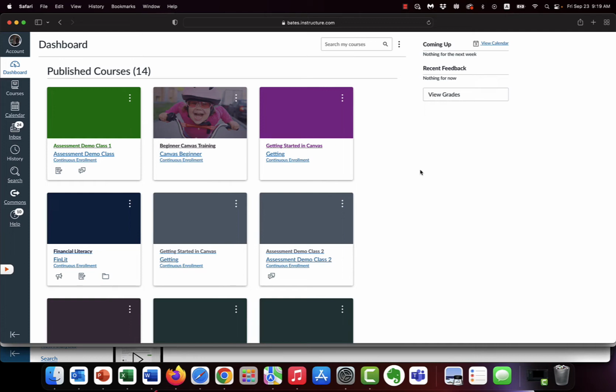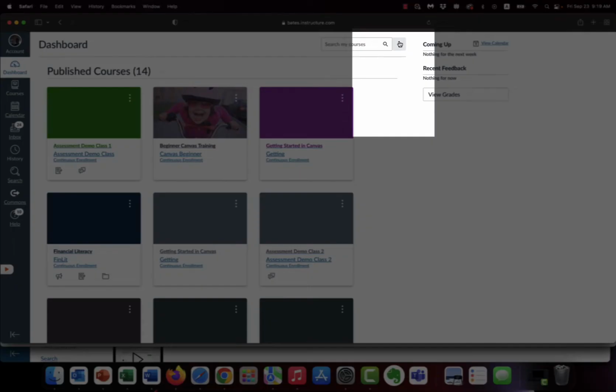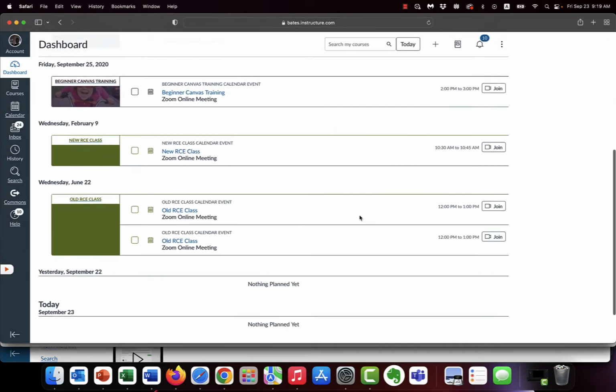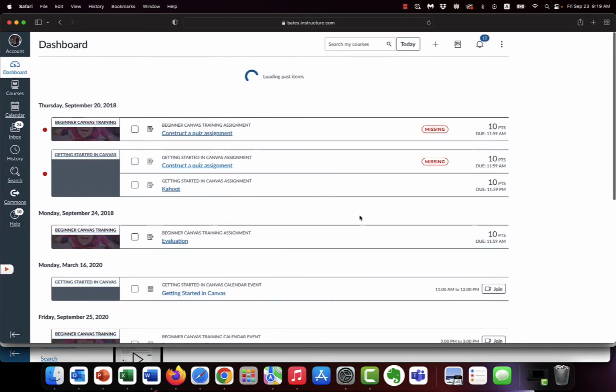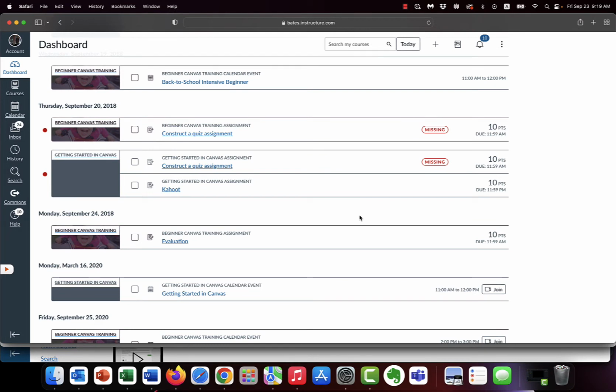But once you get into the quarter, really much more than what courses you're in, because you already know that, you're going to want to know two pieces of information, like every other college student in the history of the world. You're going to want to know what assignments are due and how are my grades. So up at the top, if you click on, again, this more button, the three dots, you're going to switch from card view to list view. Okay, and as you see, this gives you that information. So here's assignments that are due, here's assignments you've turned in, here's your grades, here's items that are missing. If you've got notes from instructors, feedback, all of that stuff you can access here. So this is a much more handy place to look when you log in. So we recommend switching over.